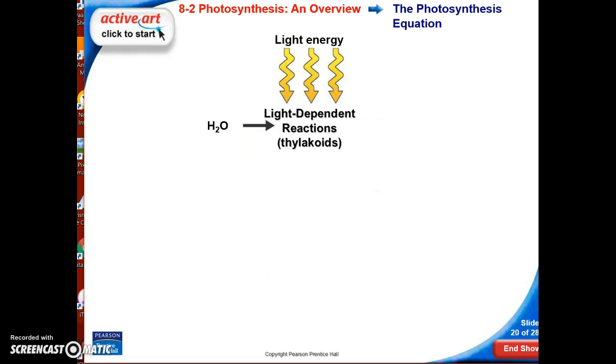So the thylakoid is a part of a chloroplast. The chloroplast is, hopefully you guys are familiar with this from this week's work, made up of a thylakoid region, which are stacked like pancakes to make what are called grana. And in those grana are floating around